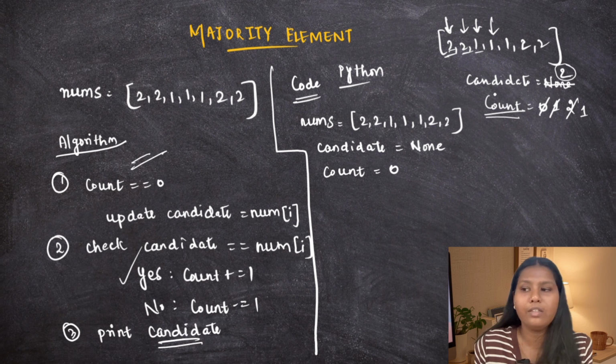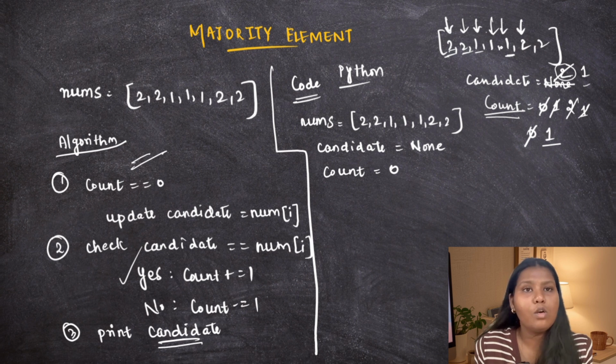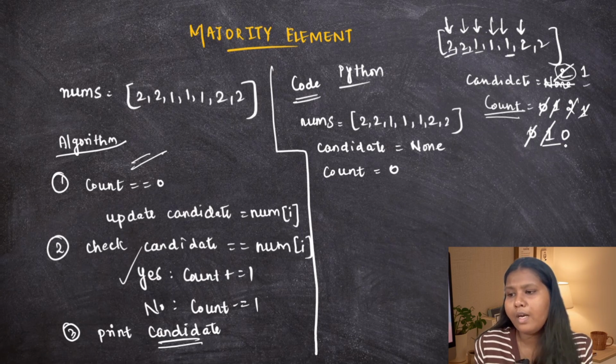So we don't have to update the value of candidate, and the current number we are traversing is 1 and the candidate value is 2. So again decrement the value of count. Now count is 0. Go to the next element and count is 0. Now update the value of candidate with the current element we are traversing. We are traversing this 1 now. So update the value of candidate to 1. And now check the candidate and the current element we are traversing are equal. So increment the value of count. Now go to the next element. The count is not equal to 0 and the candidate and the current number we are traversing are also not equal. So decrement the value of count to 0. Now count is equal to 0.